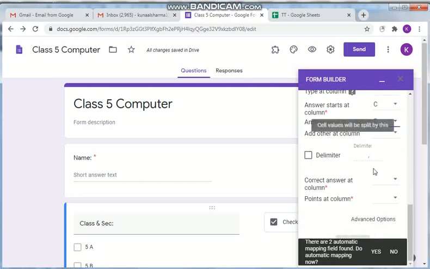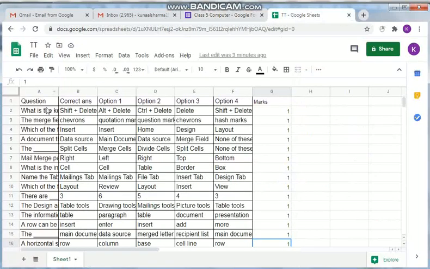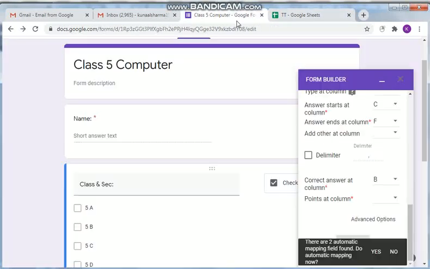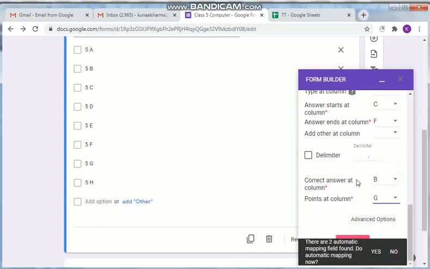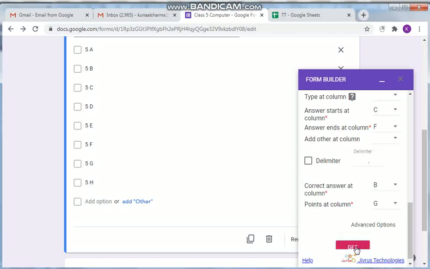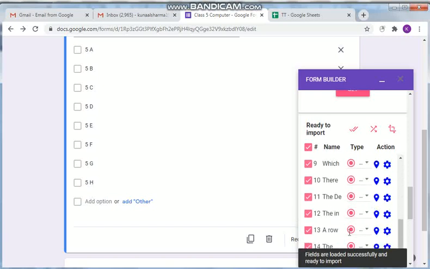Then come down further, here you will have the correct answer, so only use the star where you have the star. Correct answer is at B. These are the columns, actually these are the columns A, B, C, D, E, F, G. Then we have the marks here at G. Click on this G, and click on the get options, and here you have all the questions available.